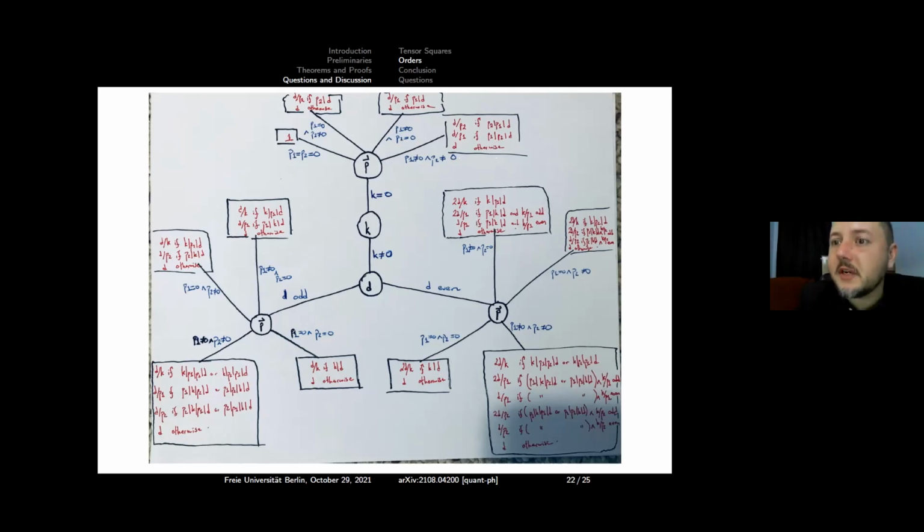Or let's try another example. Let's say the phase isn't 0. Now I have to split according to even and odd dimensions. So let's say the dimension is even. The phase is non-trivial and the dimension is even, and both of the entries are non-zero. Well, here are the orders that can happen depending on cases of division. It gets a little nasty, but these are all of them.